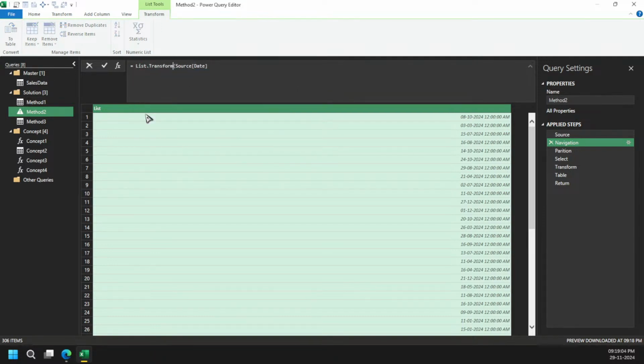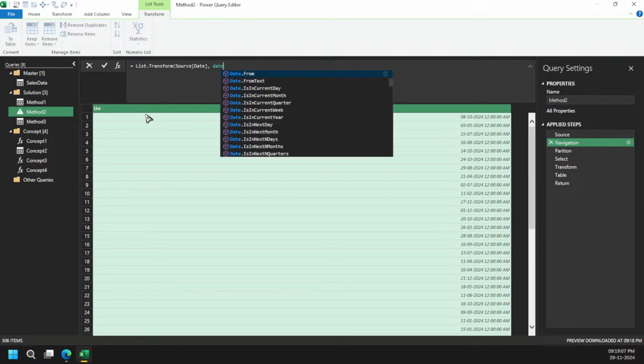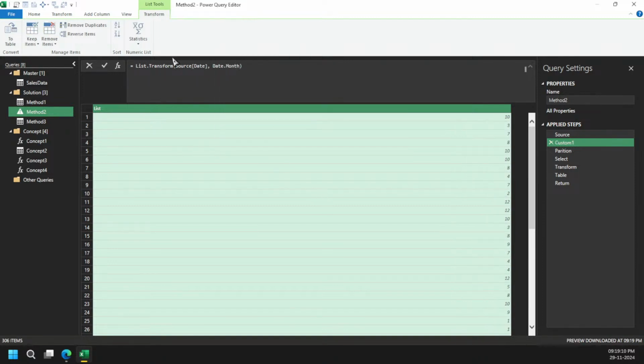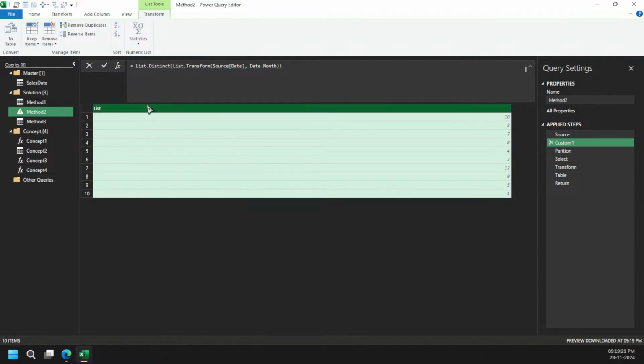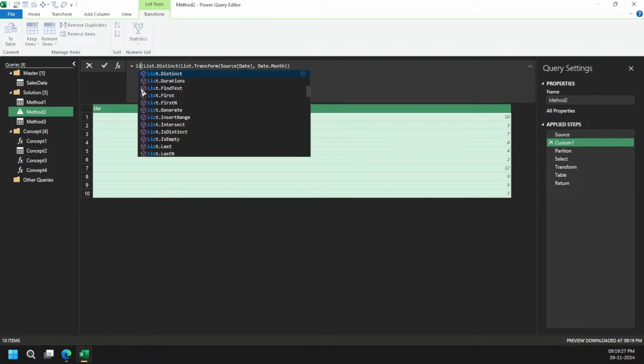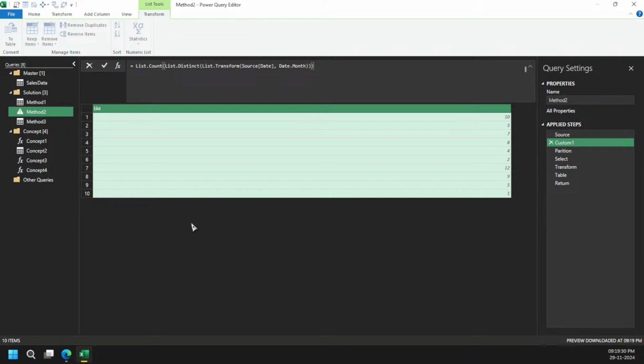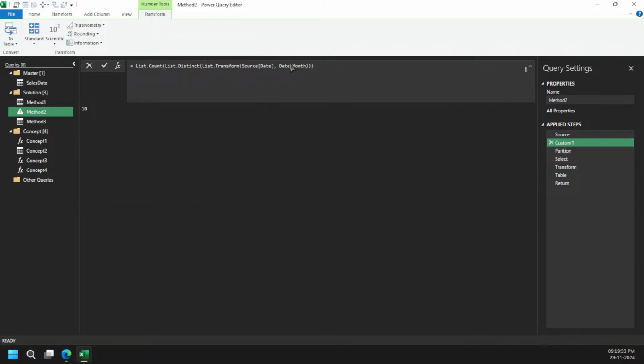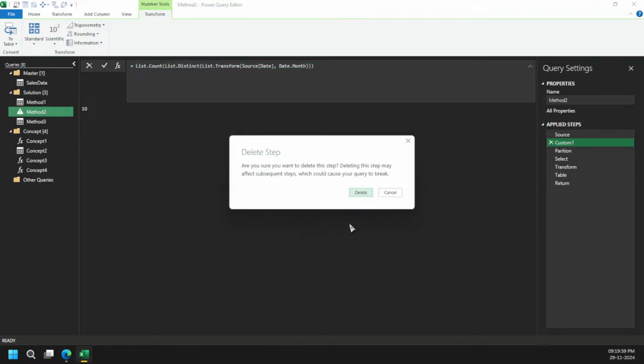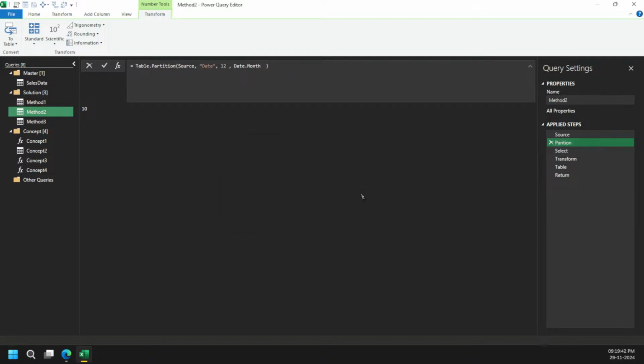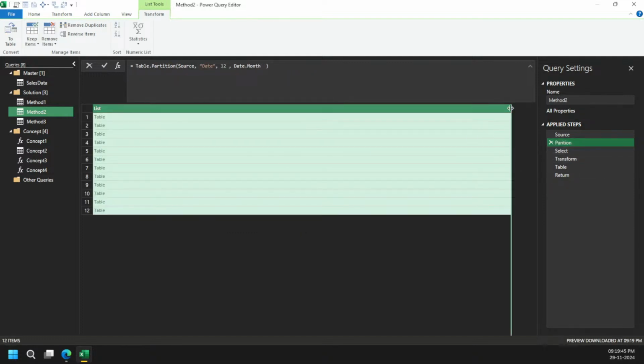Let's transform date month, right? And then you can say the list distinct. Got it? So this is the way we have selected the proper groups, and then I want to count them. This is one of the long ways you can do it, and that's why I don't like it. The reason being, if I have to calculate this whole process, why shouldn't I calculate here one by one? That's one of the limitations because of which I generally don't prefer the Table.Partition function.